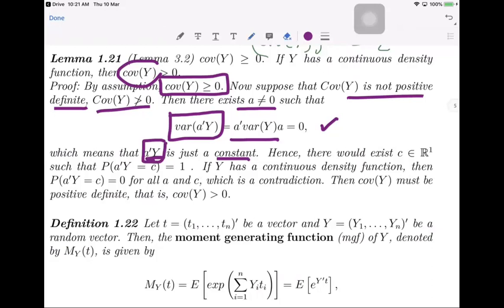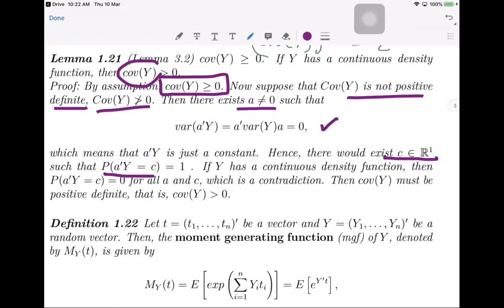If it is a constant, then there must exist a constant C such that the probability of A prime Y being exactly equal to